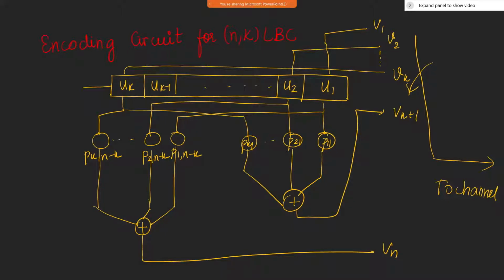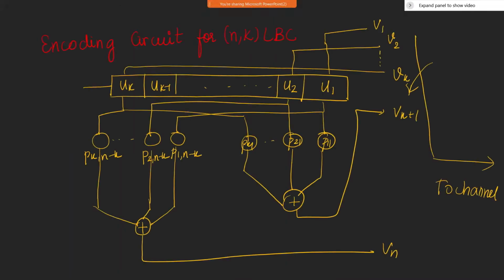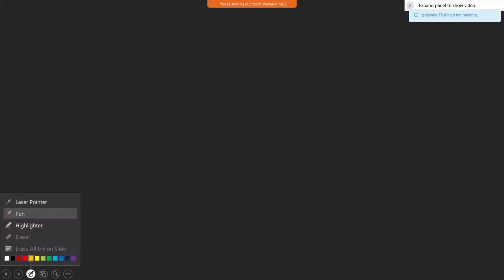Now we will move further to know how the error detection and correction process is going to happen. We have now generated a code word vector which is sent to the channel. When we receive the same at the receiver section, it will be affected by the noise that is present in the channel. So in the presence of noise, how will we be able to detect the error that has occurred? That is the next topic.